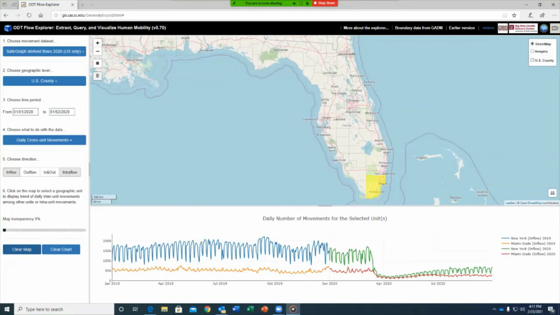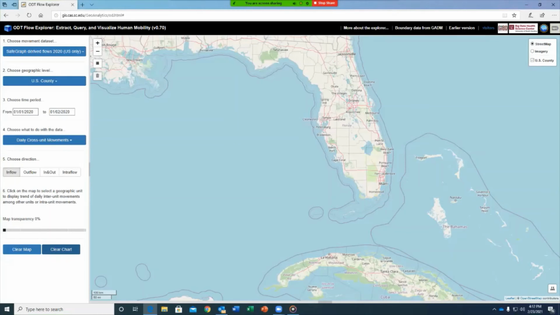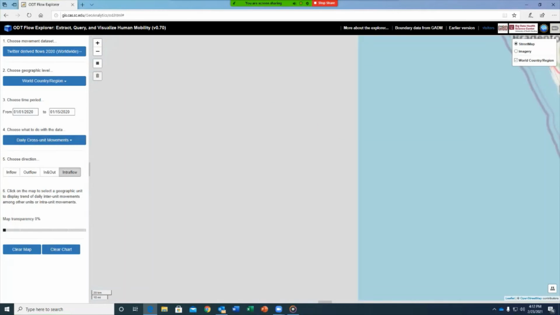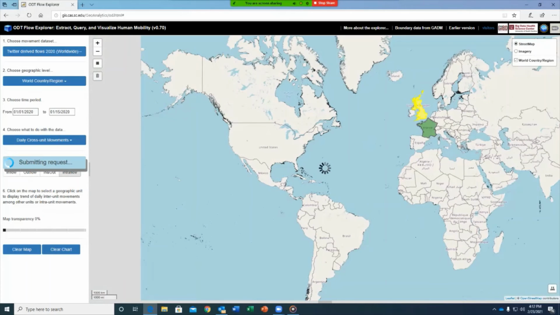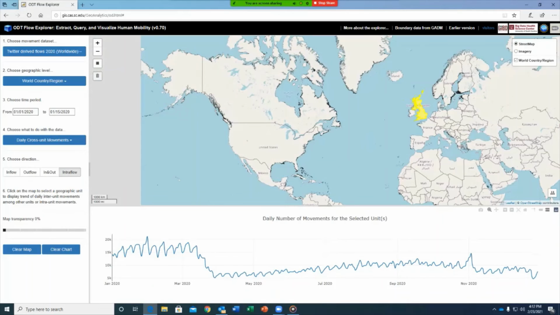Another daily cross unit movement example will utilize the Intraflow direction. So for this example, I want to see the movement within England during 2020. So I'll start by clearing my chart, and then I'll select my new data set. So Twitter 2020, my region is world country region, and then my time period, again, doesn't matter. So I've chosen daily cross unit movements as my option, selected the Intraflow as my direction, and now I'm just going to go and select England. So here you can see travel within England